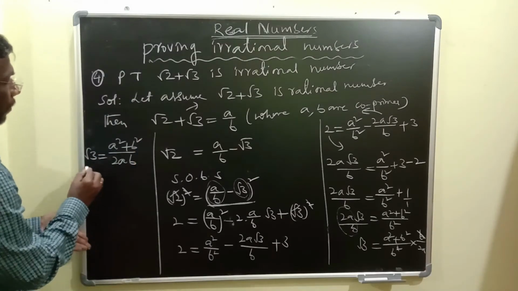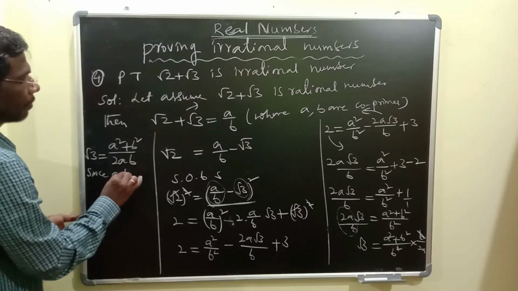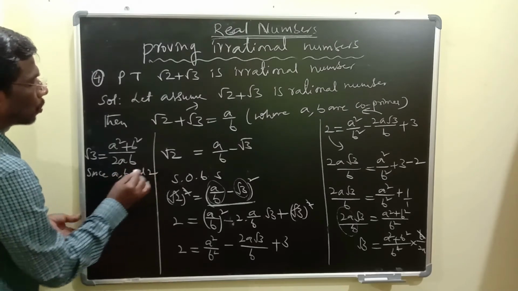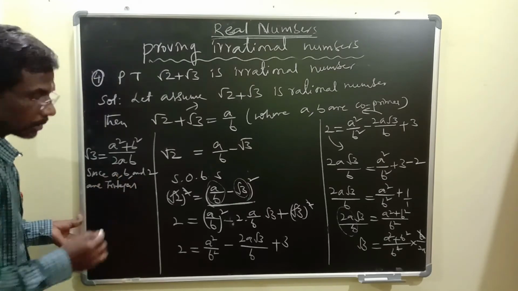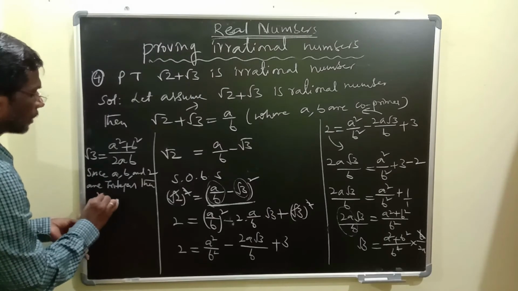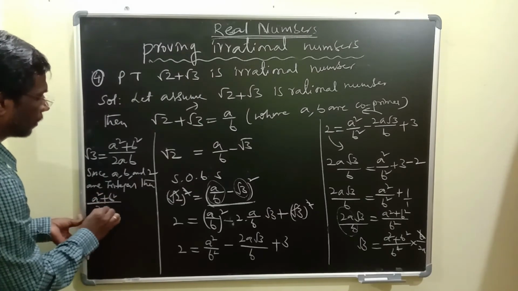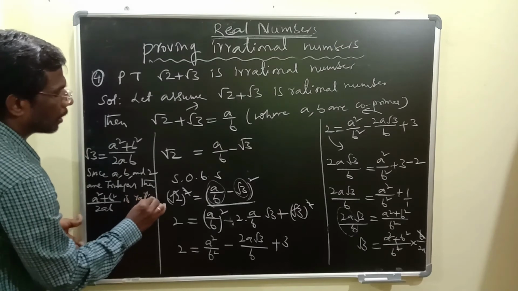We write now, since A, B and 2 are integers, then A square plus B square by 2AB is a rational number,